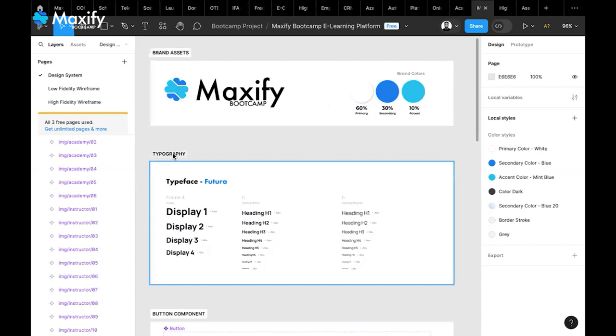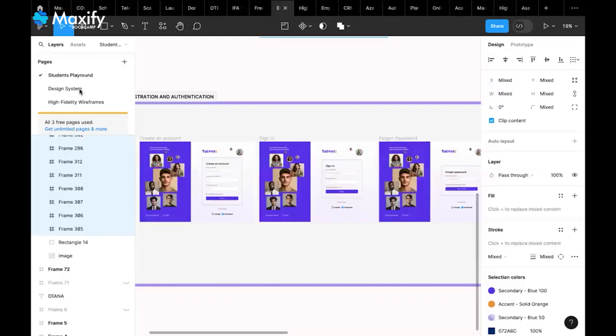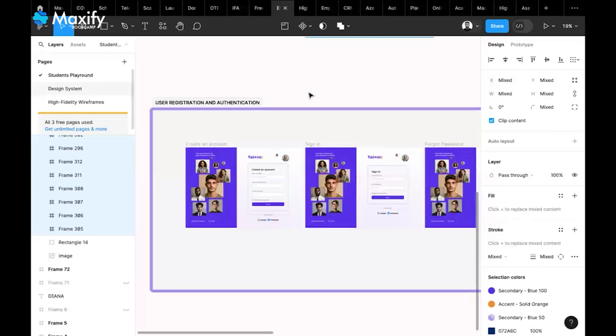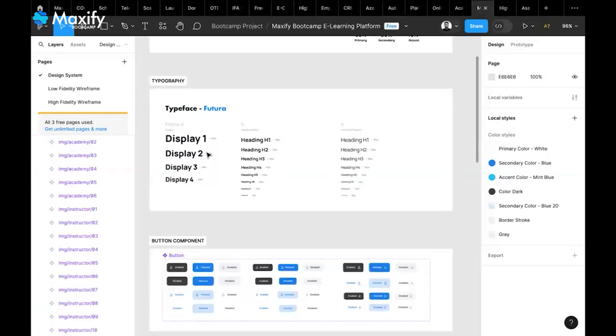You arrange your typography. Typography contains the typeface you are using, right? In the other project, we used Montserrat Alternates. The text itself is Montserrat Alternates, but here we're using Futura, all right? So you use Futura. Then I already showed you in the last class how to create your heading and your text style,